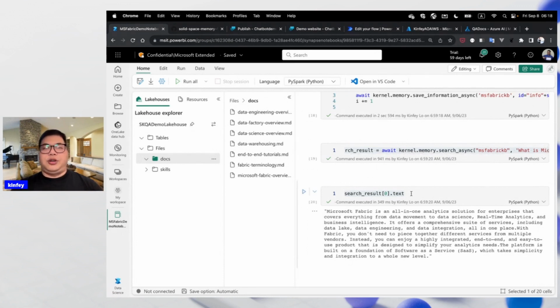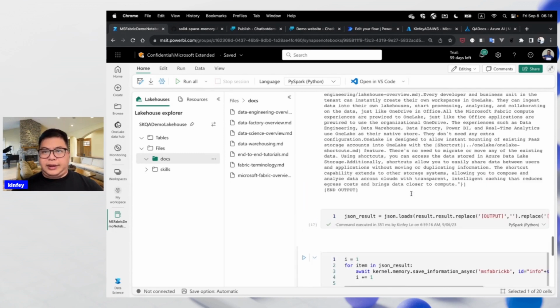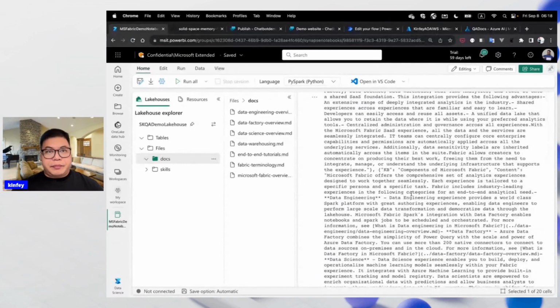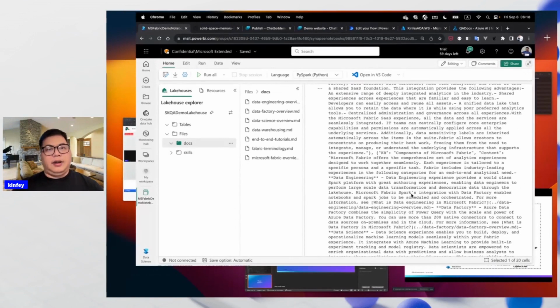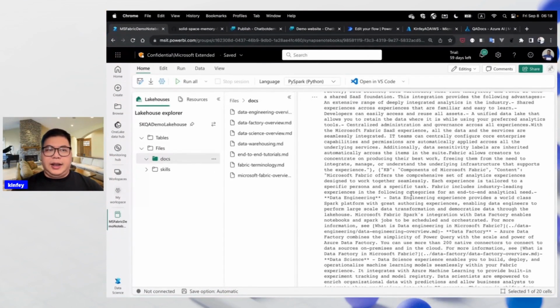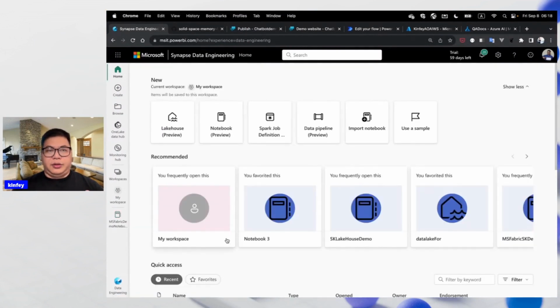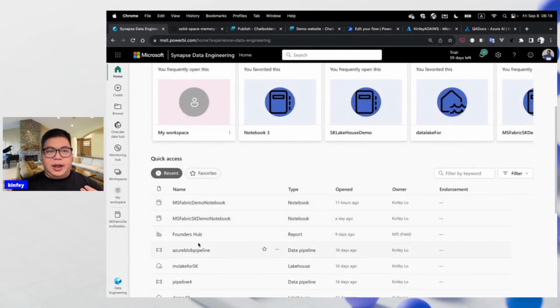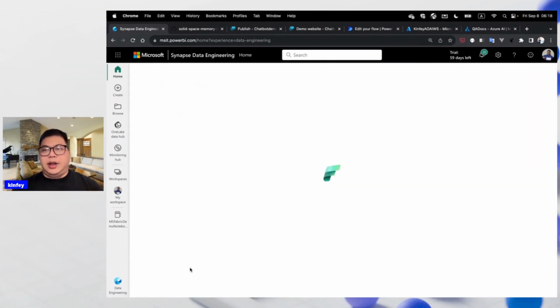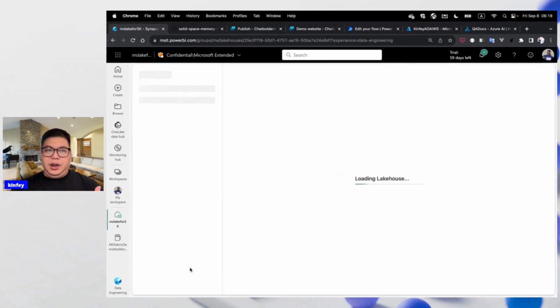I choose the Microsoft Fabric documents to finish some RAG retrieval, embedding the data into the vector DB. Yeah. And then some people will say, oh, Kinfei, how do I compile the Lakehouse? You can choose Data Engineering to finish that. Just like here, I choose the Lakehouse to connect to my Azure Blob storage. Here you can see you can choose different Blob storage resources.